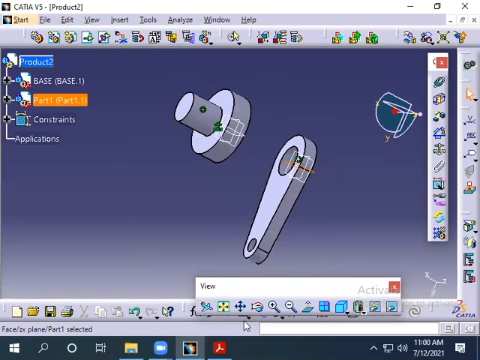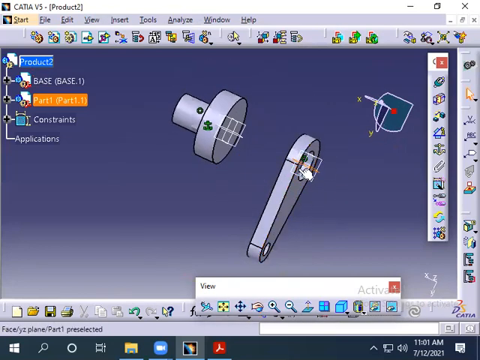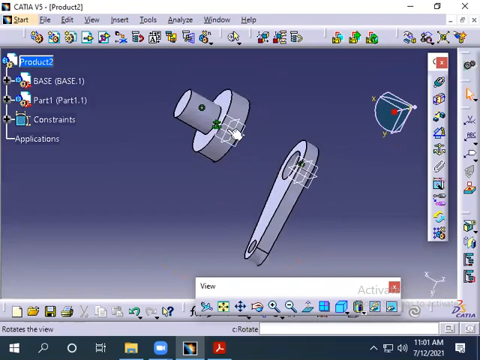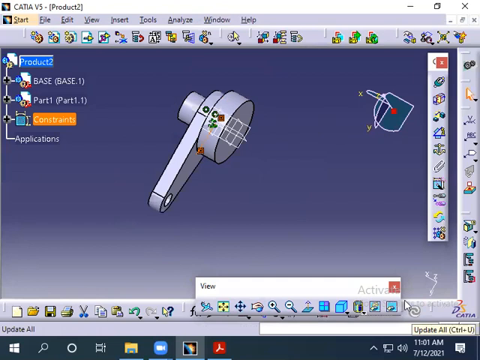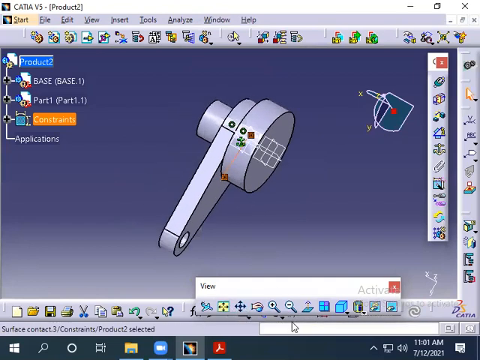Another constraint we'll apply, we'll say that this surface of this bracket should come and sit here. Okay, here. How? You see here contact constraint. Click on contact constraint. He's asking for select first geometric element of the contact constraint. All these options there are there. Okay, plane, cylinder. Let us take this surface and another surface of this bracket. Okay, this one. So he's asking for second geometric element. Click there. That you see the option has come. Contact constraint. You say update. Right? Contact constraint has been applied.